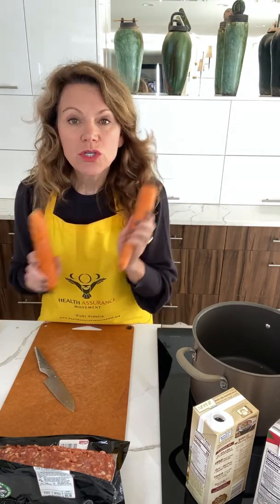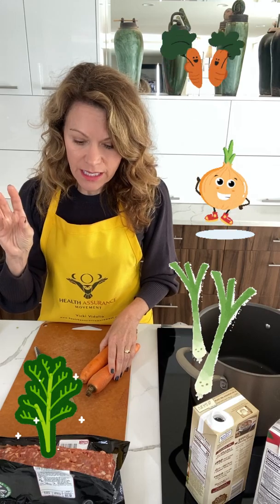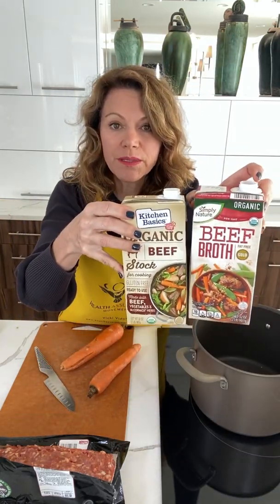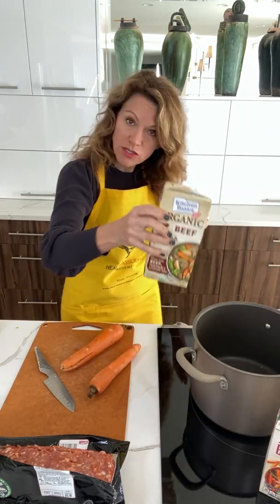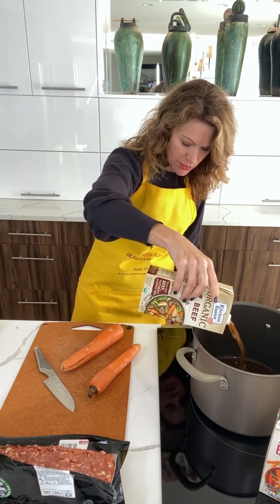Okay, so I've got 2 carrots, a bunch of scallions, some onions, dill, Italian sausage, and 2 containers, 1 beef broth, 1 beef stock, whatever you want. Doesn't matter if it's broth or stock, it doesn't really matter. So I'm gonna put 2 of these containers in my pot. I'm gonna turn it on to